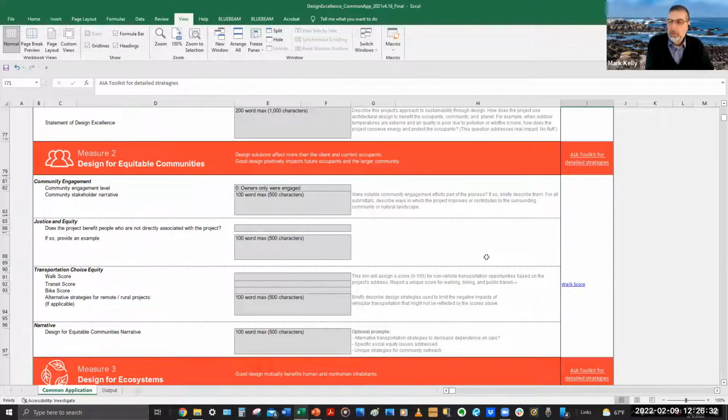The example of a single family residence is what Charlie mentioned. But it's useful to the technical reviewers as well as the design review committee, the jurors, pardon me, to at least put something in there. Just say this was not a priority for this particular project. It could be as simple as that, rather than just leaving it blank. I think that's helpful for everyone who's reviewing in the review process.